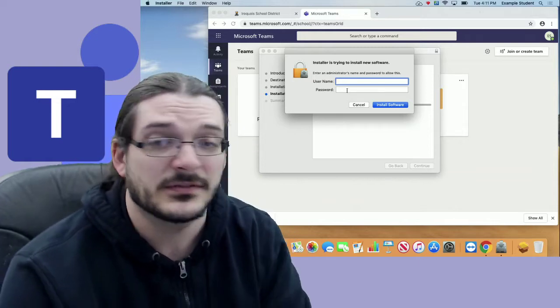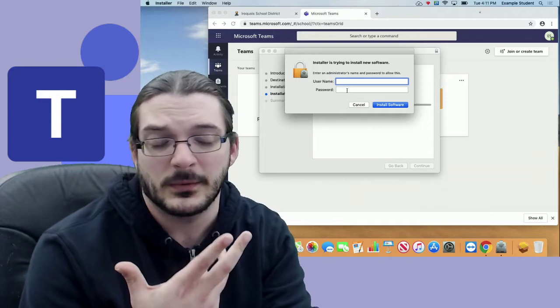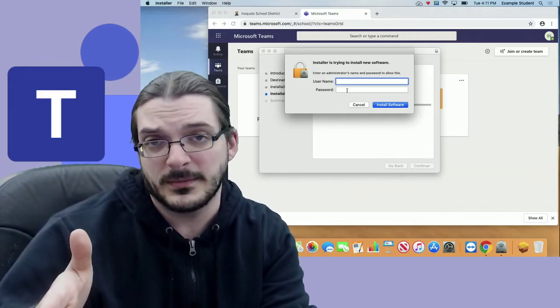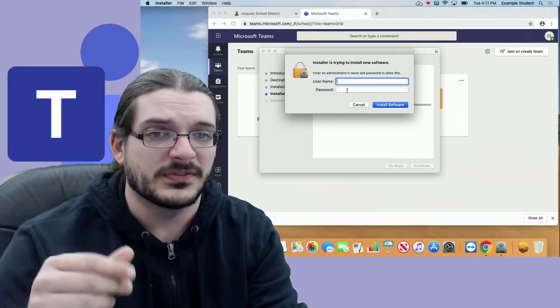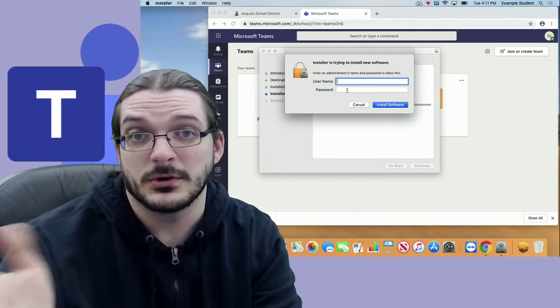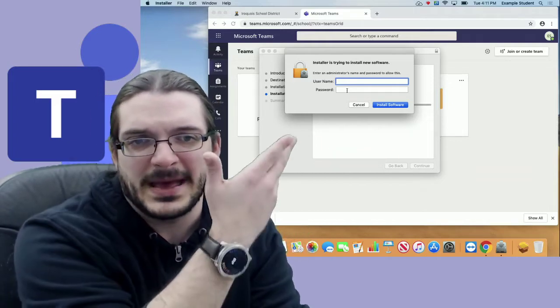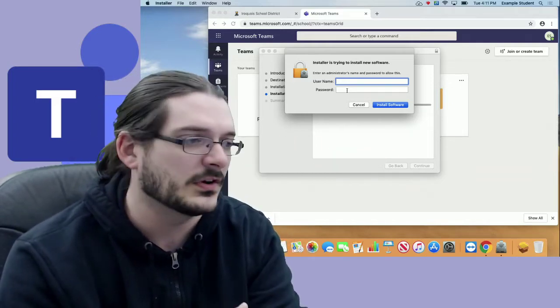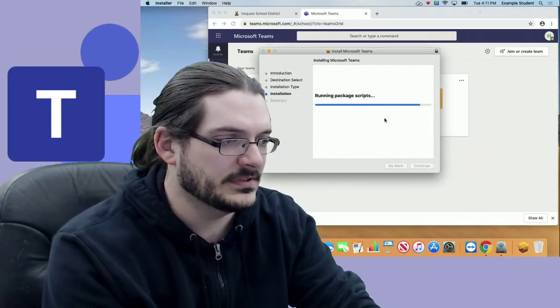And then it's going to ask for an administrator user if your computer is set up that way. If you are set as an administrator on your computer, you can just put in your name. Or if there is like any administrator set up on your computer, you can put it in. For the most part, most people don't really set it up this way on a Mac, so you might not even see this window. So I'll go ahead and put that in. Okay, and